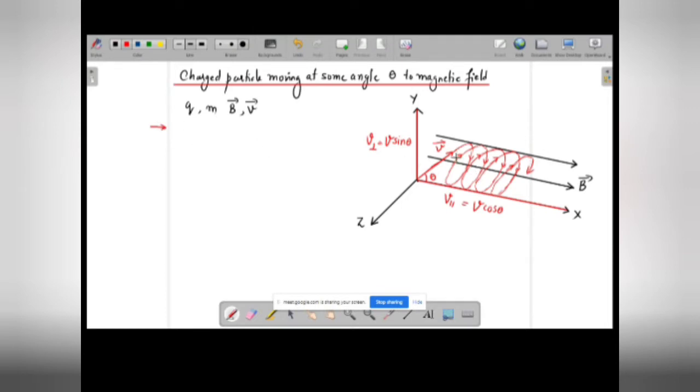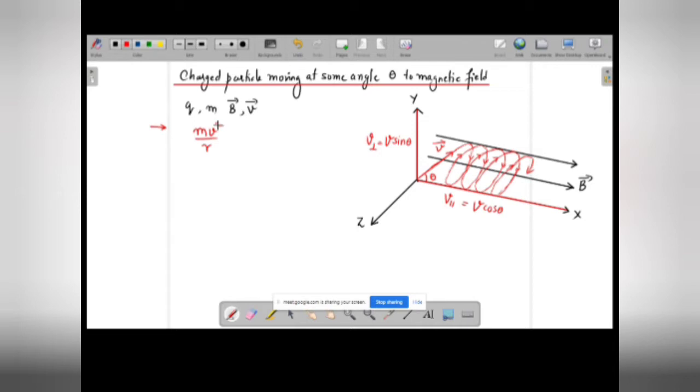So here obviously it is taking a circular path also, and V is perpendicular to the magnetic field over here, which is responsible for the circular path. So here also a centripetal force is acting, that is why it is taking a circular path. So this centripetal force is nothing but a magnetic force here. Correct, no? So we can say that the centripetal force will be equal to the magnetic force. And what is going to be the centripetal force? mv square upon r, where m is the mass of the charged particle, v is the velocity with which it is taking a circular path, and r is the radius of the circular path.